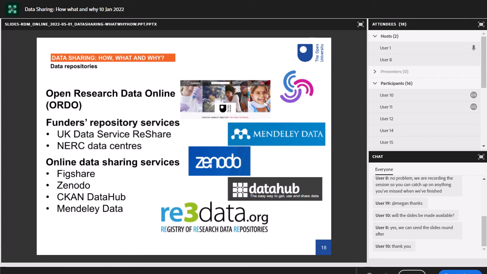So you may also want to look at storing or archiving your research in discipline-specific services before you consider Ordo. And that's fine. It's supposed to be there as a backup service. So in order to find